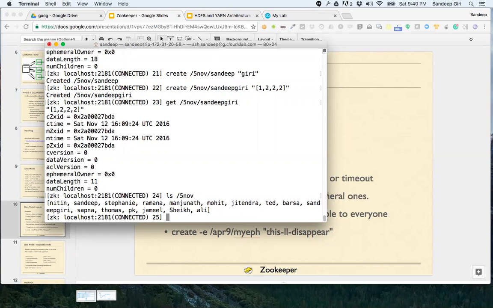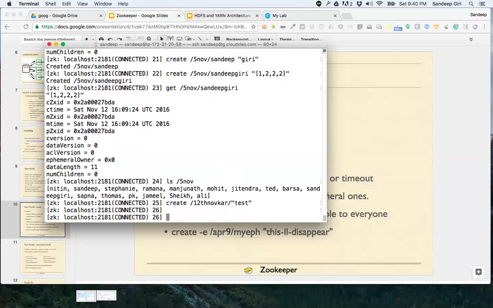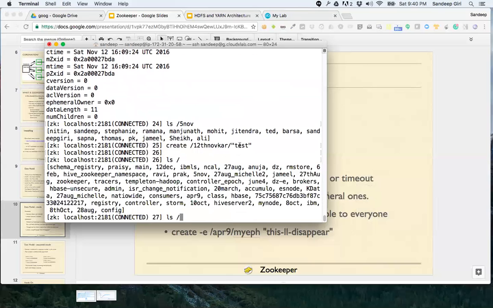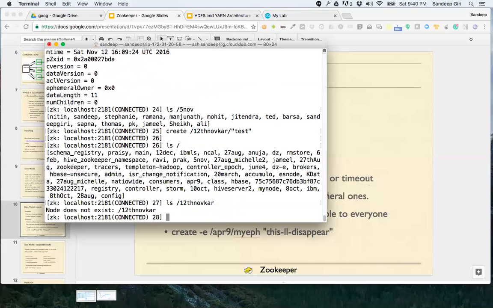Okay, Karthik is saying, I tried doing this command, create 12 this, and most likely because you have not left a space between double quote and slash, therefore it has given an error and it might have exited the Zookeeper command prompt. So you might have to restart Zookeeper command prompt. I'll show you what I'm talking about. If I, let's say, make a mistake in the command, let me show you. Okay, so you can see that it is not created.